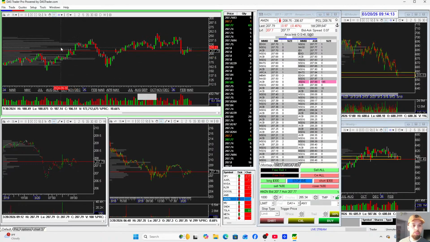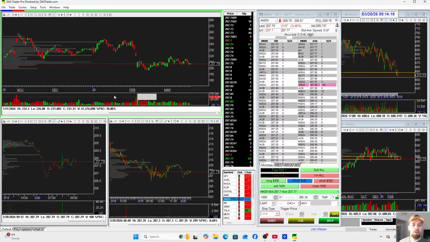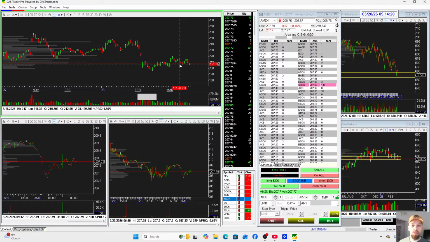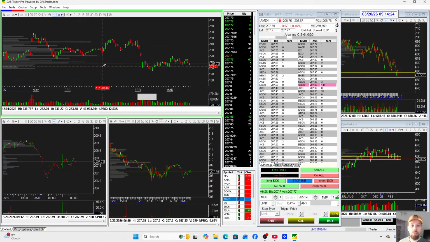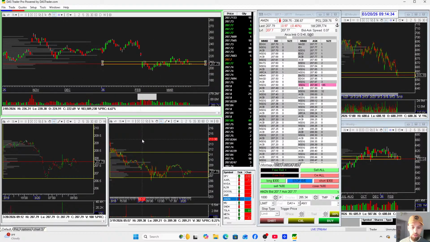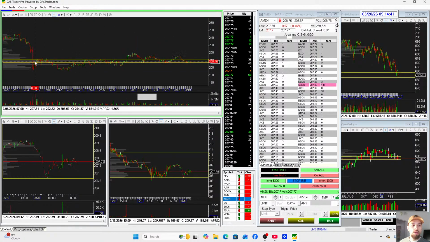Weekly chart on Amazon. On the daily, you can see a pretty significant area of support it's been bouncing off of. So that'll be an easy draw. 206. Area of resistance here being 211. Seems to be playing that range quite heavily here. If we look left, back to